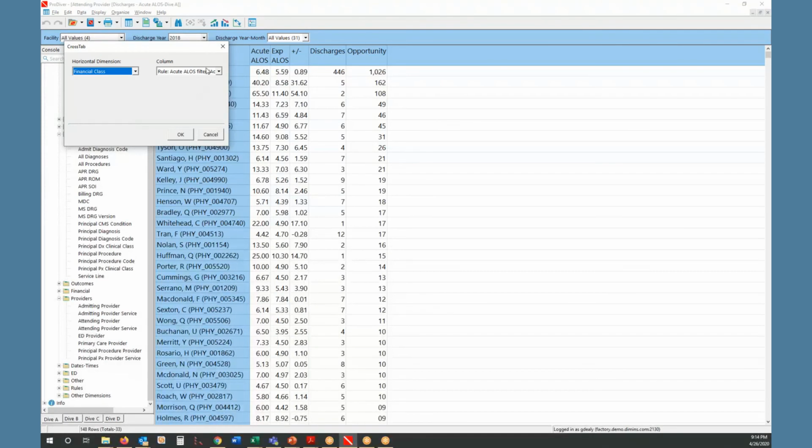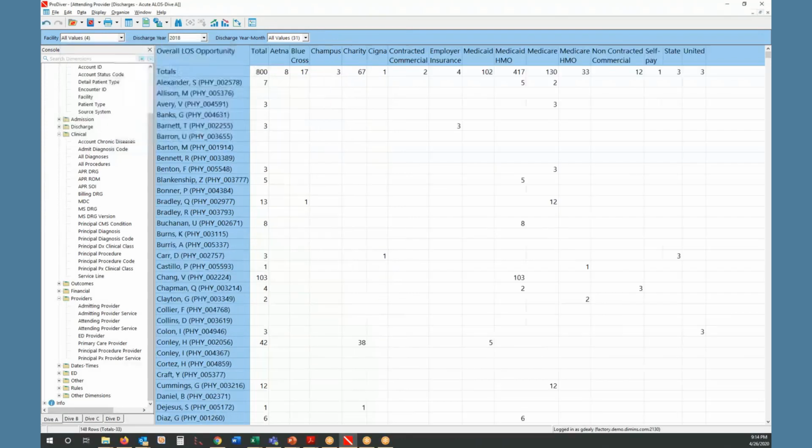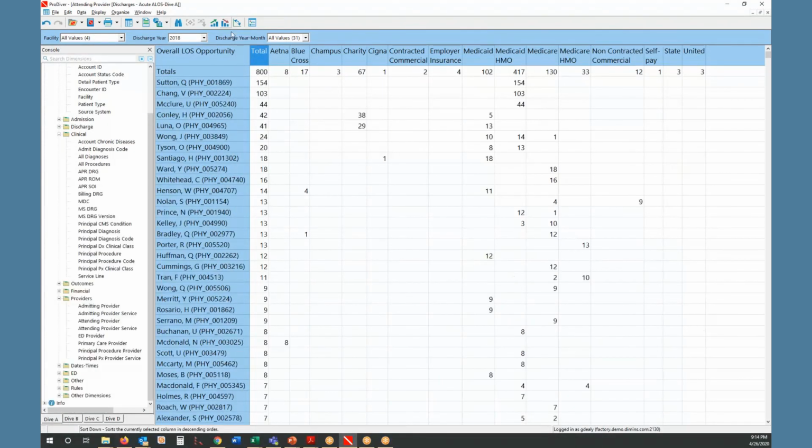So we choose the financial class, and then we need to zero in on one of the measures in this list. And it probably makes sense to use the opportunity column. So we choose that, we lock in our crosstab, and now not only can we do the analysis by the overall opportunity by provider, but we can also see some interesting patterns in terms of the different insurance coverage that patients have. So we'll choose one of these physicians that has a particularly high length of stay opportunity,